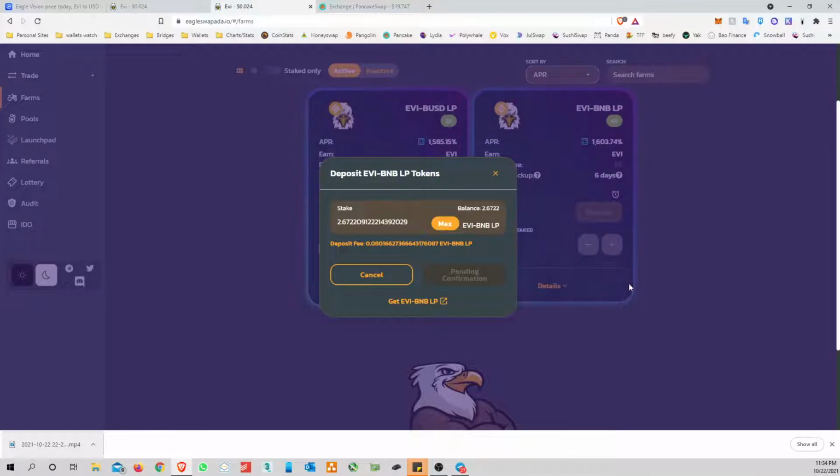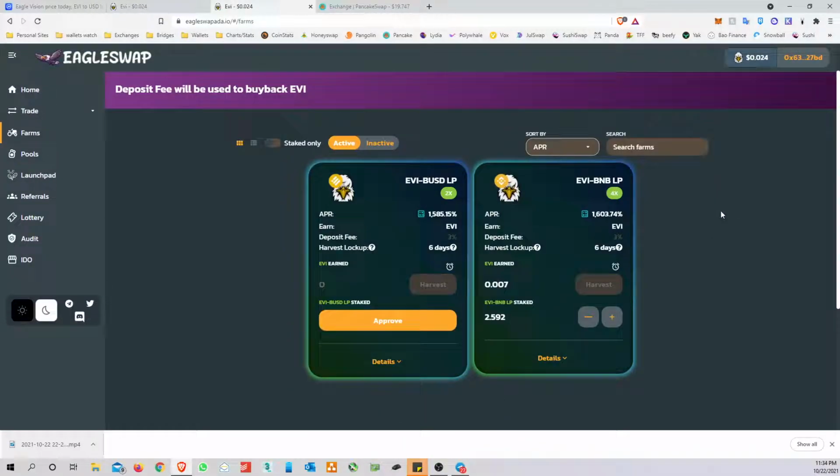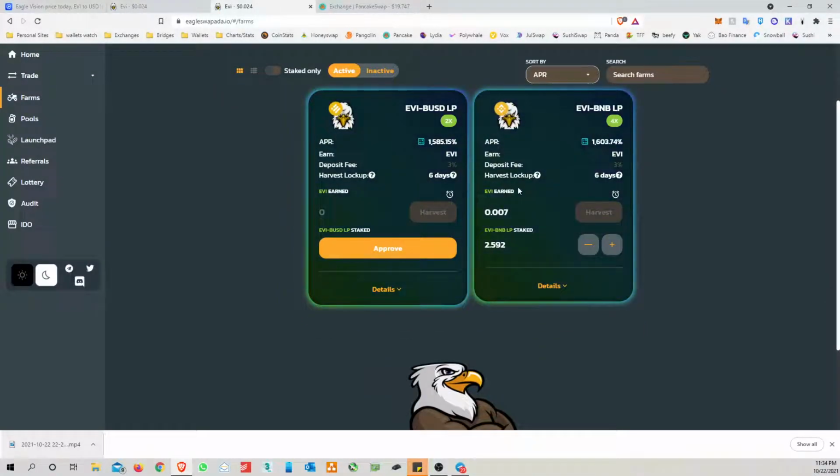You will be getting your earned EVI. It will show the earned EVI over here. As you can see, it is increasing with every second that goes by. And the lockup, the harvest lockup, as you can see here as well, all the information is displayed in each and every tab,